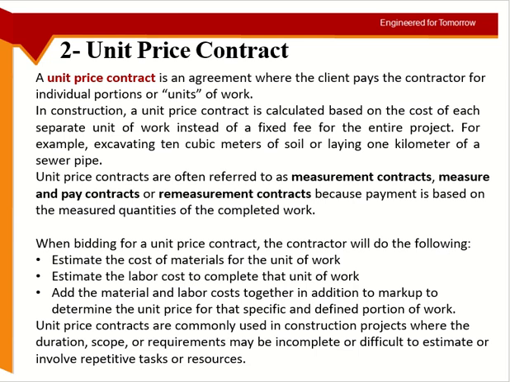Yeah, so in the end, when the contract is being implemented, you go to the site. You already agreed on the unit price, you go to the site, you do the measurements. So if the work required 50 cubic meters of excavation, you will get the money for 50 cubic meters. If the work required 40 cubic meters of excavation or 100 cubic meters of excavation, then he will get the money for that much. So now you're getting it.